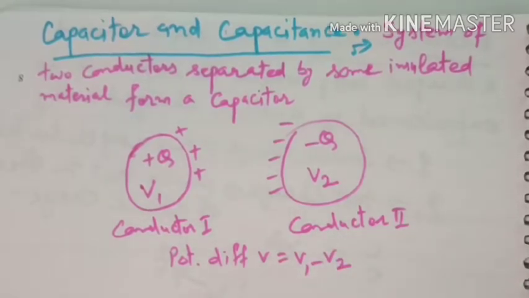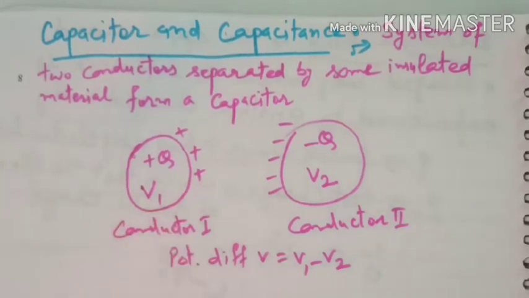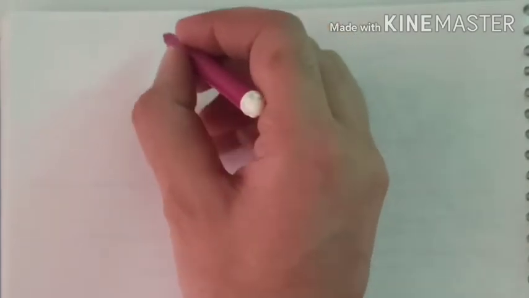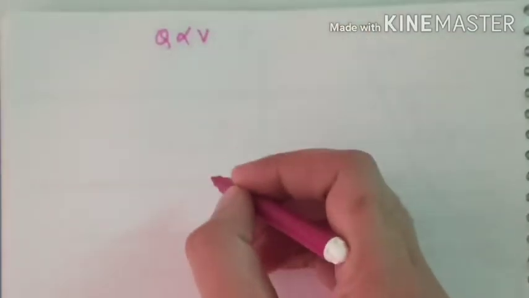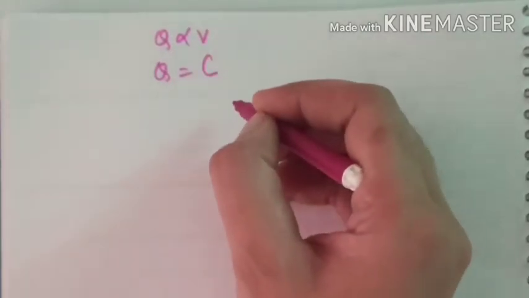When charge is given to a conductor, its potential increases. So during charging, if Q charge is given to a conductor, then V is the potential of the conductor. So charge is directly proportional to potential. As we increase the charge on the conductor, the potential increases by the same proportion. So when we charge a conductor, the charge on the conductor is directly proportional to potential. Replace this directly proportional with an equal sign. Here is the constant of proportionality C.